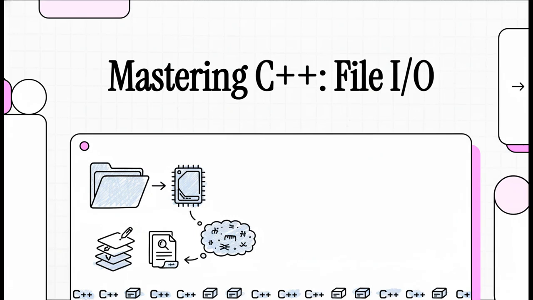Welcome to The Explainer. Today, we are giving your C++ programs a memory, for real. We're going to master one of the most fundamental and honestly most powerful tools you have, reading from and writing